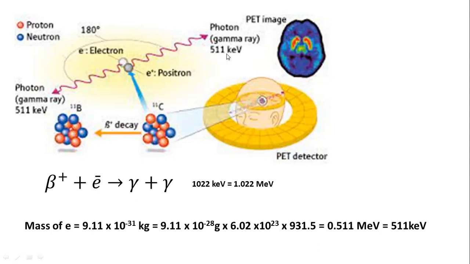Each one has 0.51 mega electron volt or 511 kilo electron volt. So actually the positron and the electron are annihilated with the formation of two gamma rays. Total energy is 1.022. That means the sum of